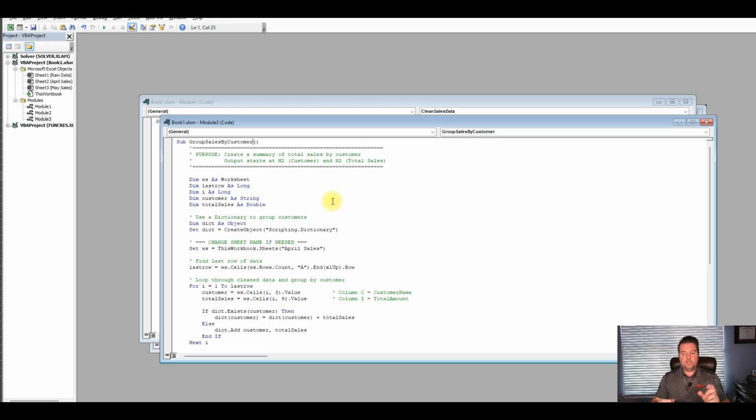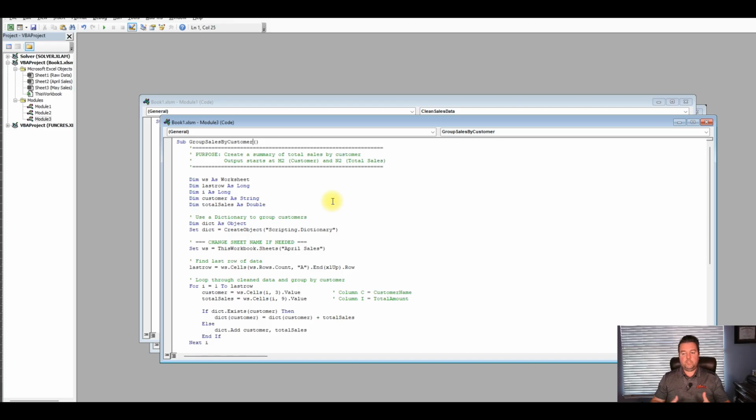So even if the name of the sheet is different, like April sales, May sales, that's a change. You want to probably put something on the front end that says, enter the name of the sheet that you want to run this macro on. If you just put that text in there on the front end and then hit run macro, now your macro can be just one and run on everything, as long as you're changing the name to what you want it to be. So there are ways to do it, but that's a general rule of thumb.